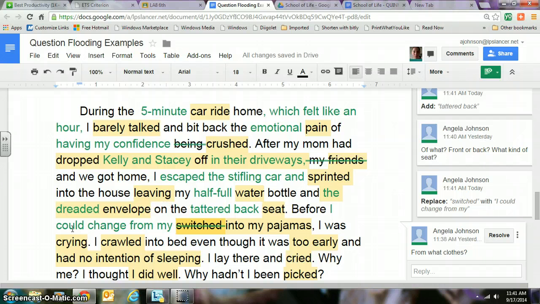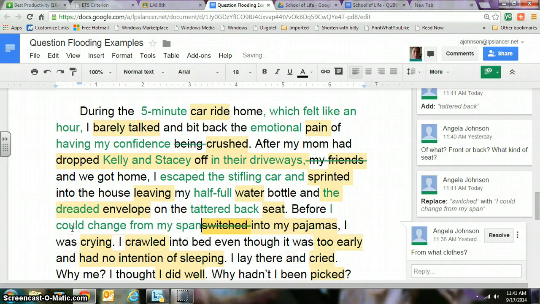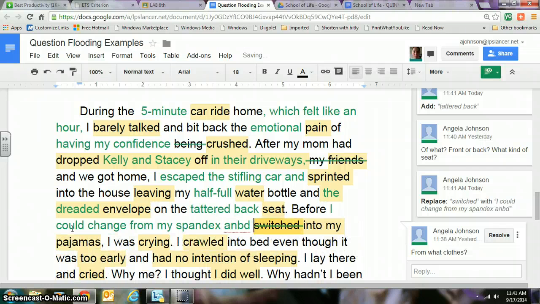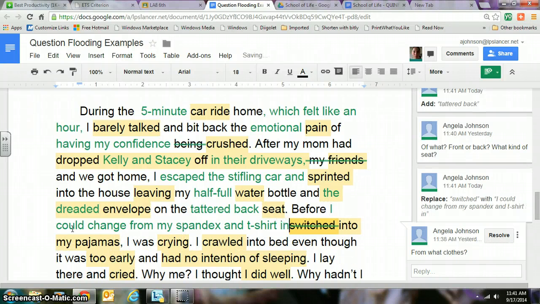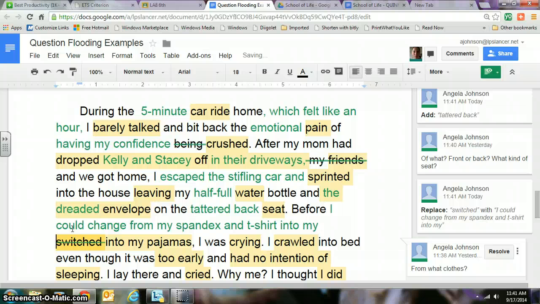Would you be coming from the tryouts if you were just finding out if you made it or not? It's over the summer. Oh yeah. Changed from my, so what would you wear to the tryouts? Probably the spandex and t-shirt. Okay, yeah, from my spandex and t-shirt. Before I could change from my spandex and t-shirt into my,